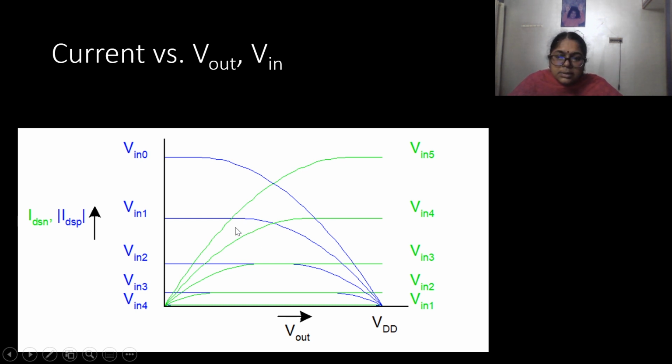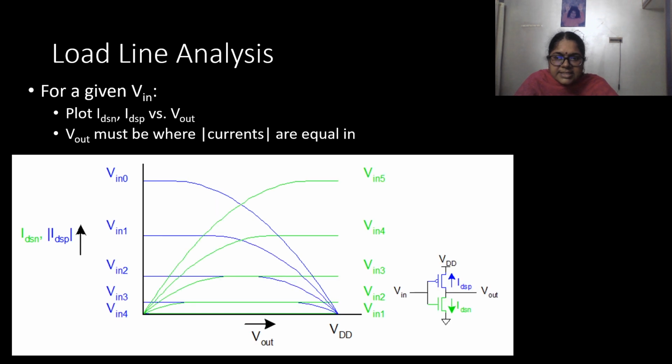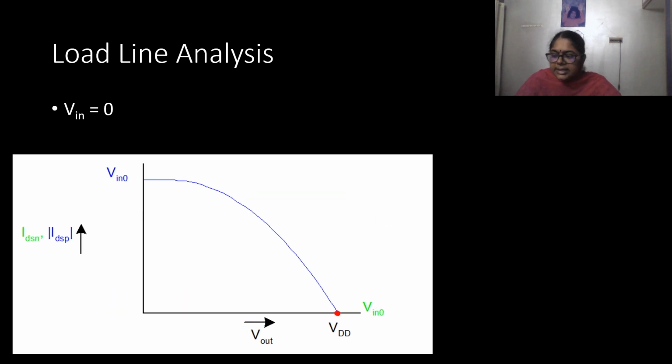So the green color shows the VI characteristics of the nMOS transistor, the blue color shows the characteristics of the pMOS transistor. Now the points where the graphs are going to meet have to be taken into consideration, and then the characteristics of the CMOS inverter is going to be drawn. So Vin is equal to 1, Vin1 of nMOS and Vin1 of pMOS are going to be taken, and the point of intersections are going to be noted. So it is as if we consider